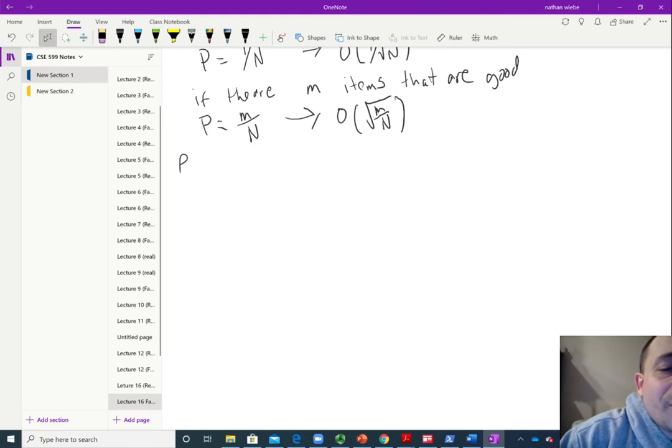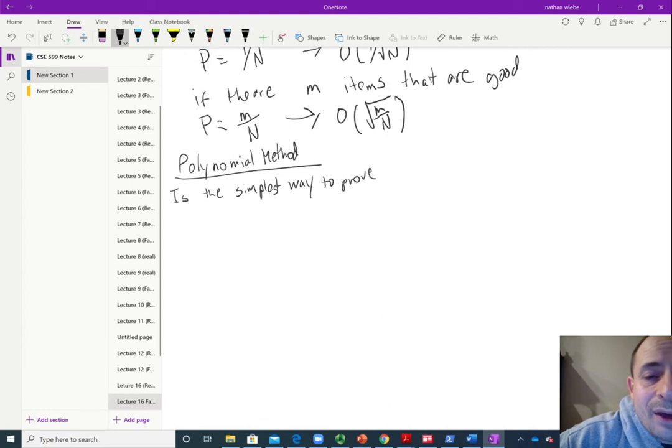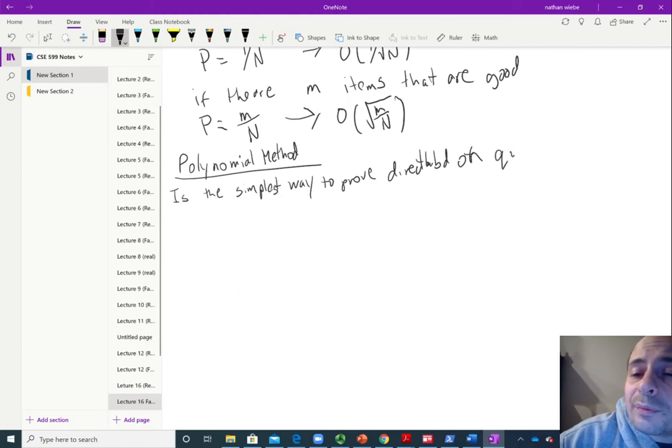The polynomial method, to me, is probably the simplest way to prove a direct lower bound on the query complexity